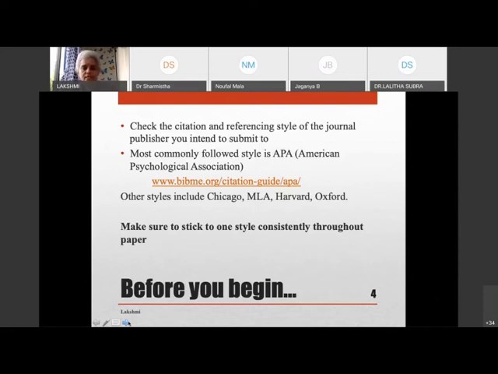So check the citation and referencing style of the journal publisher you intend to submit to. In the sense, all journals have different styles that they follow. So before you submit, depending on which journal you're aiming for, you look at what style they adopt and work your paper along those lines, right? If that journal does not take your paper and you have to move it to the next journal, again you have to go back and look at the author's guidelines and see how to rework the paper to fit their guidelines. So the most commonly followed style is the APA style, which is the American Psychological Association style,